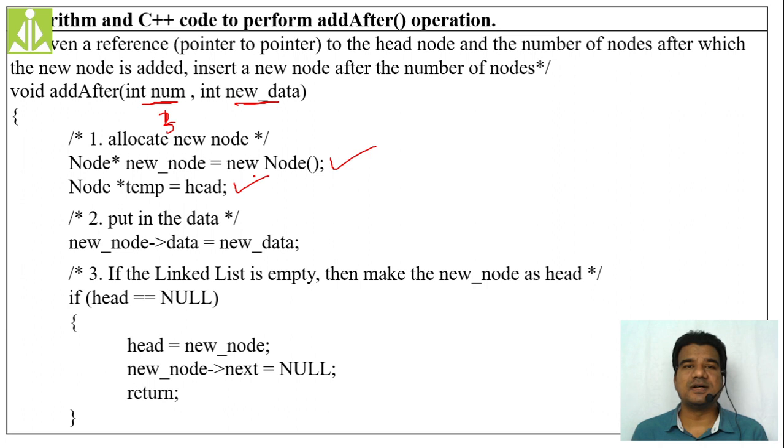Adding a new node at the first place, definitely you have to change the head pointer, because the first node itself is going to become the head pointer after that point, isn't it? So over here what we are doing, we are creating one new node and one temporary pointer, which will act like a head pointer for this operation. The next thing, we are storing the data inside that new node's data part. It is very easy. New node of data equals new data.